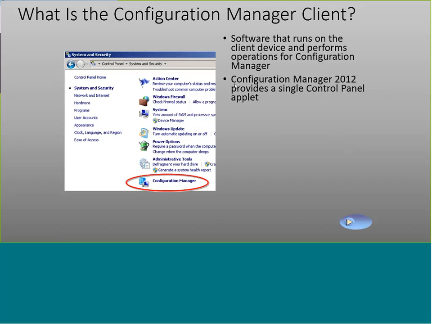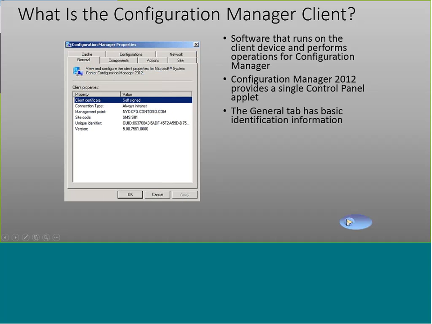So what you're seeing now is this on the Windows 7 or Windows 8 control panel. If the SCCM client is installed, this is a proof that there is SCCM client here. Configuration manager shows there. If configuration manager does not show, there's no SCCM client, right? So this is one proof. So software that runs on client's device and performs operations for configuration manager. Configuration manager 2012 provides a single control panel applet. So this is the proof, and we're going to see that if I go click play. If you double click configuration manager inside control panel,